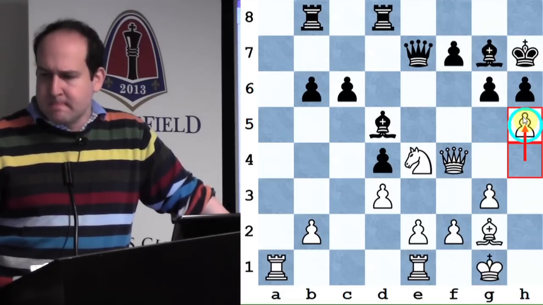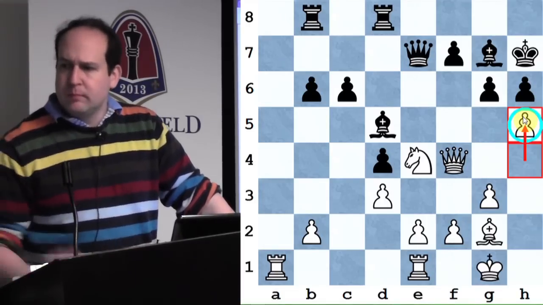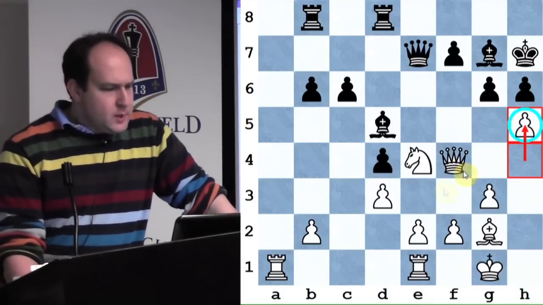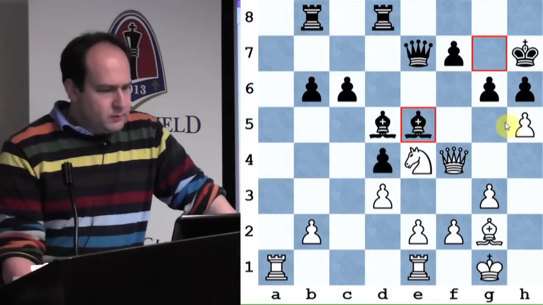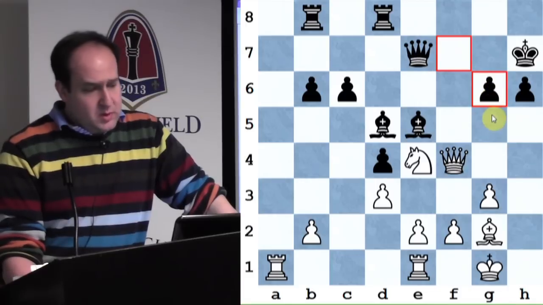Bishop e5. I mean, yeah, e5, bishop e5. Black. Yeah, bishop e5 is one decent possibility. Take, most likely take. Yeah, and white,